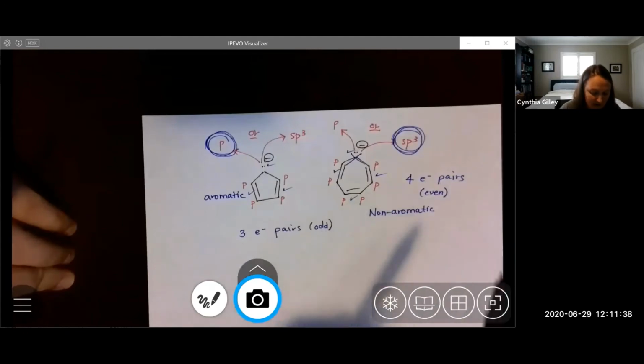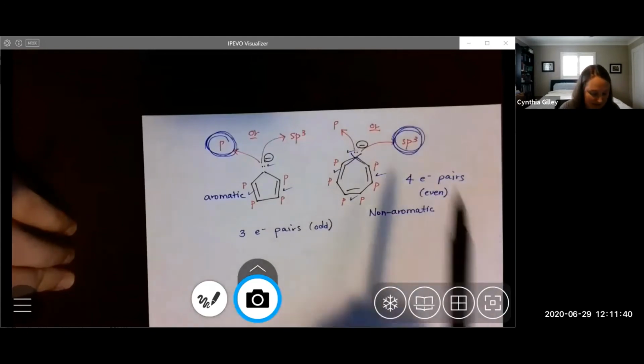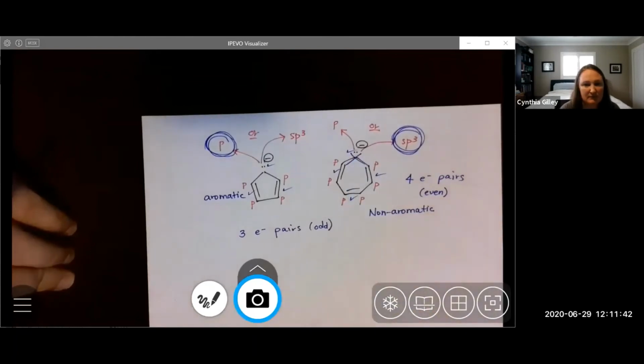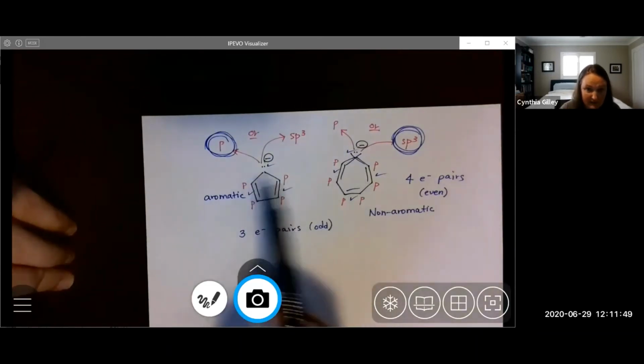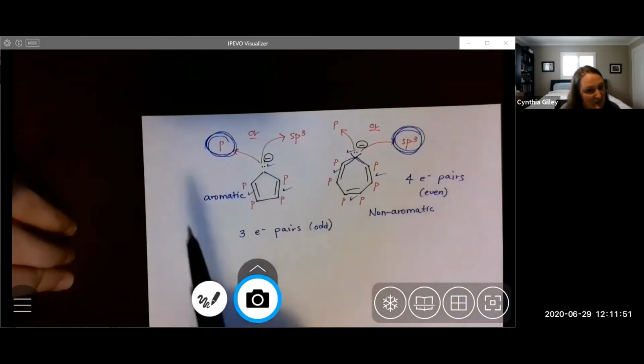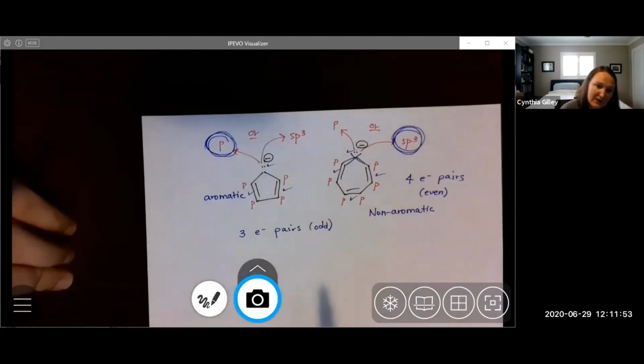And then we can't call it aromatic or anti-aromatic because there's no p orbital here. That's sort of the difference, right? So it sometimes goes into a p orbital and sometimes doesn't. It will only go into a p orbital if it makes it aromatic. Does that make sense,